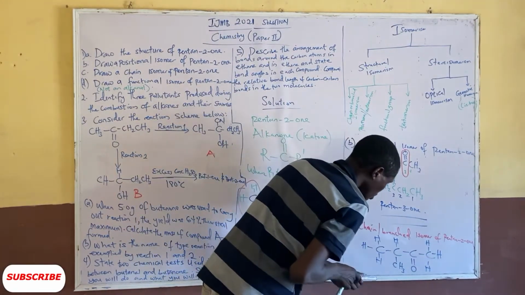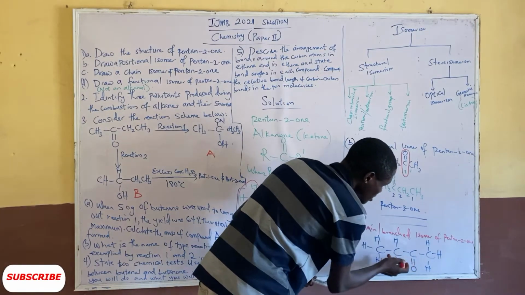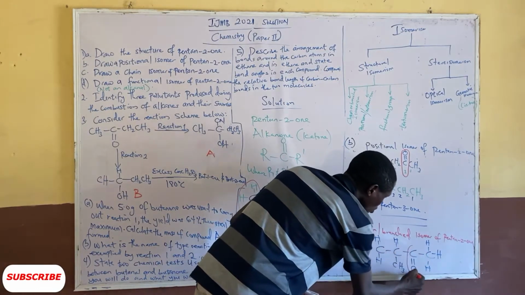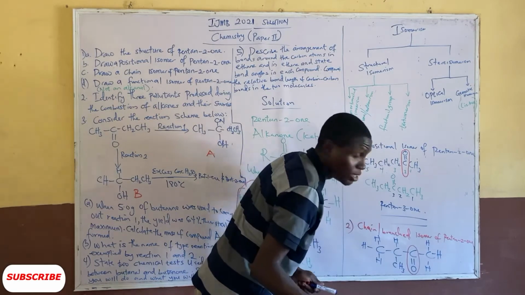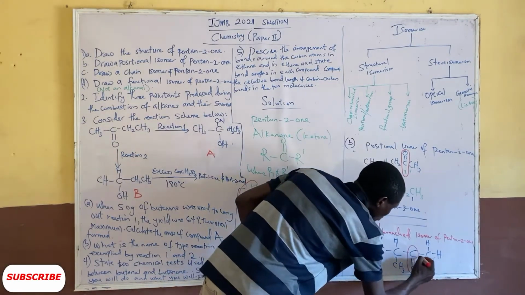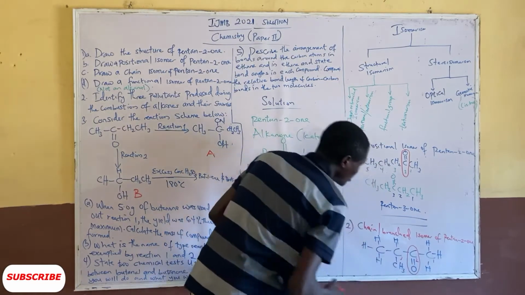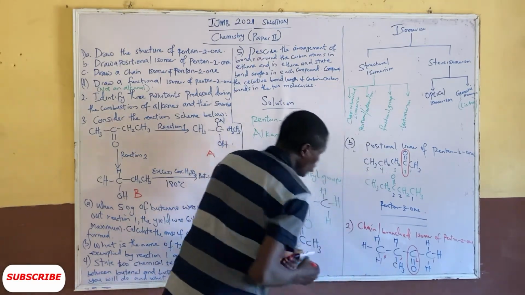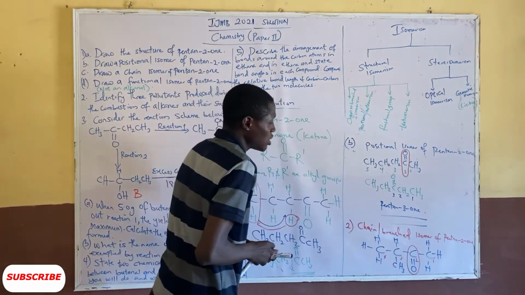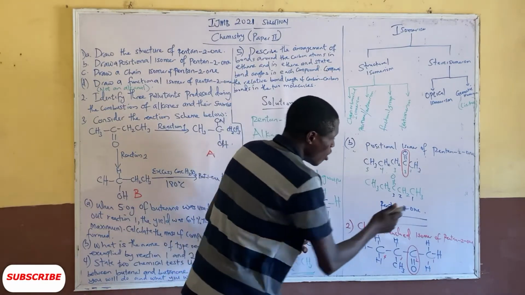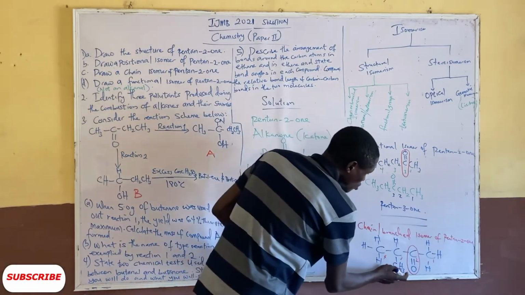This one will not be it, because we are going to count so that this functional group has the least numbering. So we have 1, 2. So this is 2, and this methyl here is number 3, then this is number 4. So the branch or chain isomers of pentan-2-one, we have the